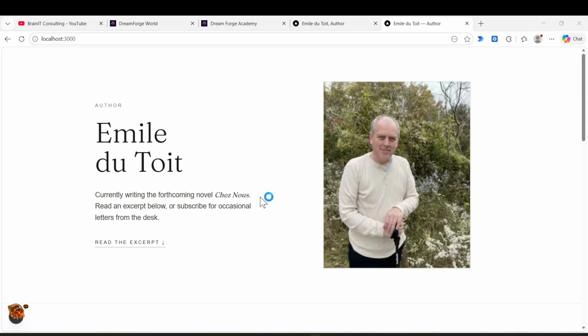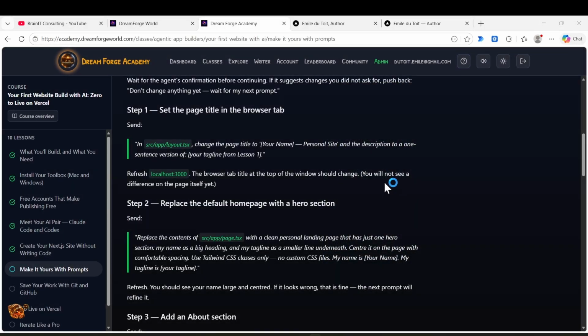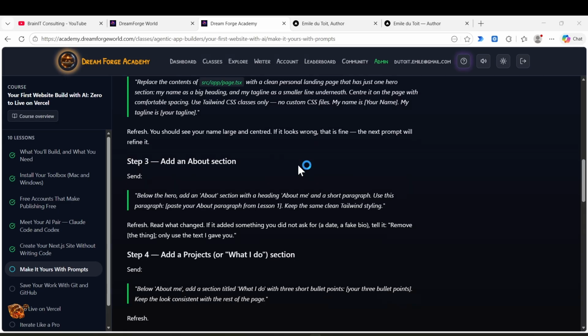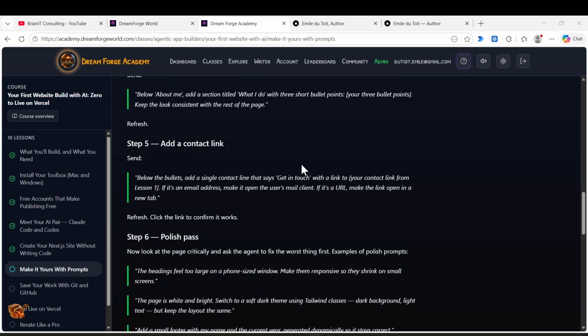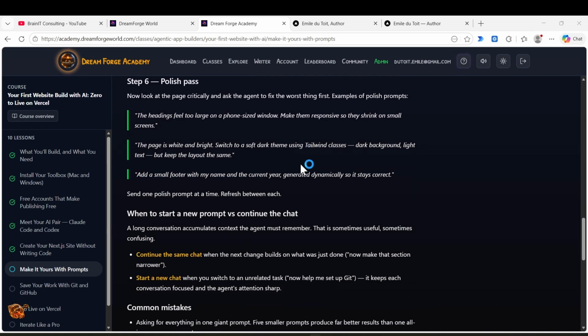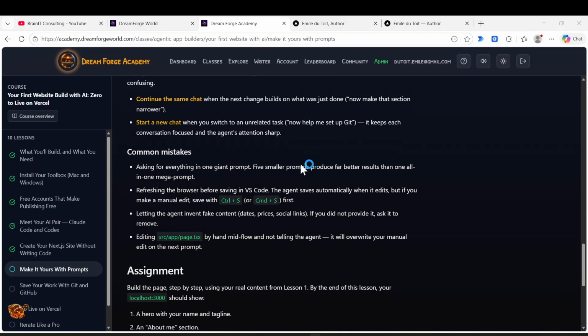And this is the basic process that you'll just go over. So do small steps, test what the outcome looks like. If you don't see it immediately, sometimes, of course, you'll have to refresh the browser. But this is how you build a site. So at any point you get stuck with the notes, just come back to your academy and follow the steps in the lesson. But I think my demonstration has given you the faster way to get there. So you can use these notes as you need to. You can add an about section if you want to. You can add a project if you want to do a project site, a contact link, whatever you want to. Just use your creativity, use your ideas.